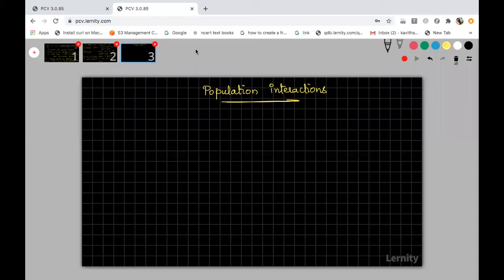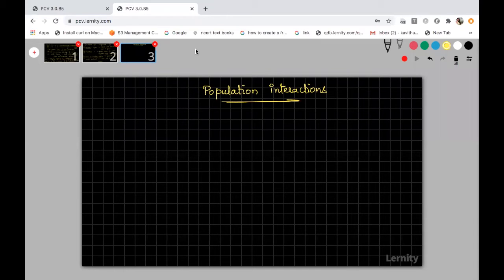Each of the plant species and animal species, somewhere or other, has to depend upon other organisms, or else the ecological pyramid cannot be sustained. Even plant species, which can synthesize their own food, cannot survive alone. Why do I say plants cannot survive alone? How are they dependent on other living organisms? Just think of microorganisms not being there in the soil.